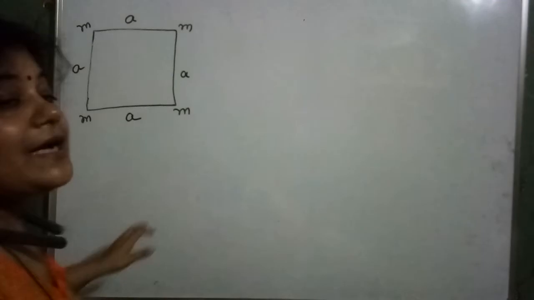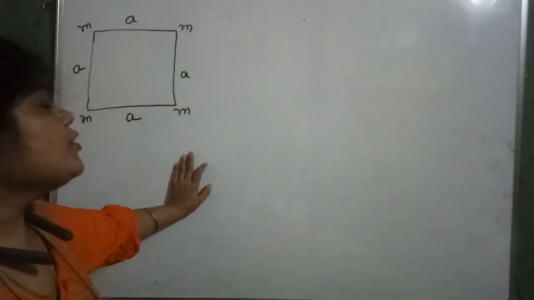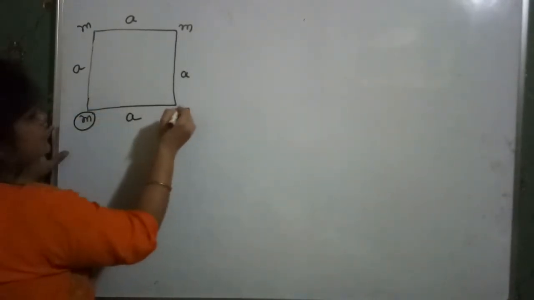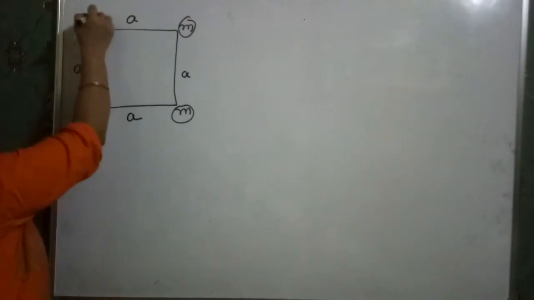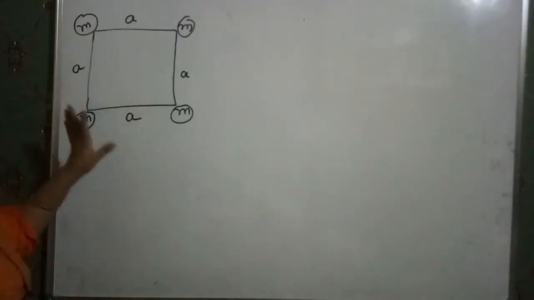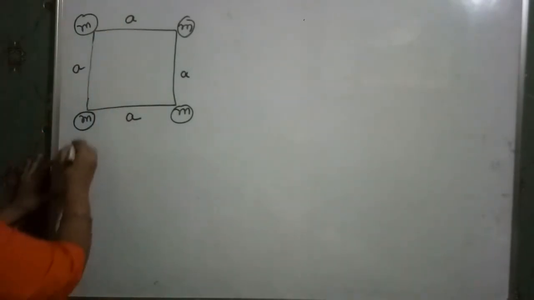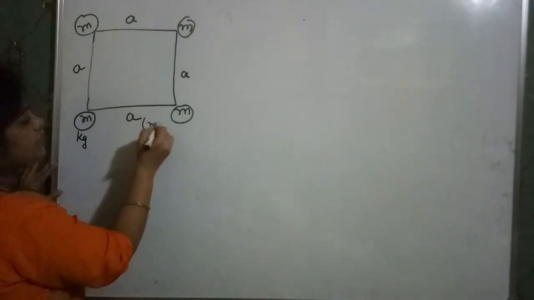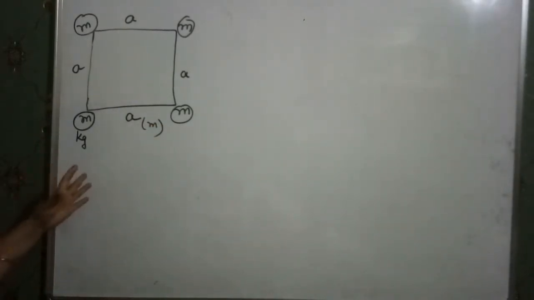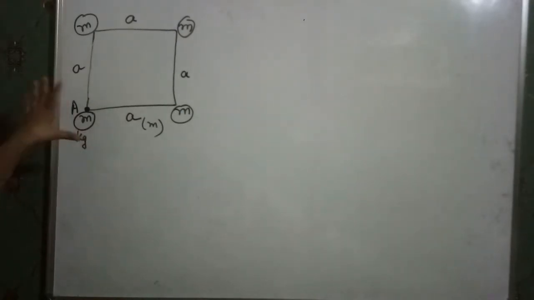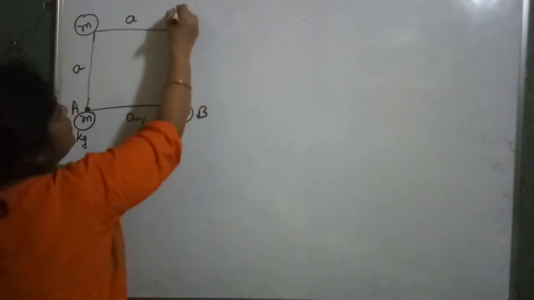Now the next question which I have taken here is to find the moment of inertia for the case of the square. For example, there are 4 point masses having the same mass m. They are put on each corner of a square having side a meters. Here mass is in kg and side is in meters. Now we have to find the moment of inertia in different cases. For example, the axis of rotation is along point A. Then how will we find the moment of inertia for B, for C and for D?